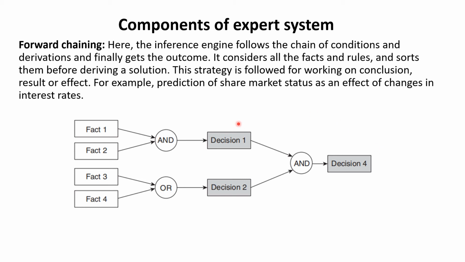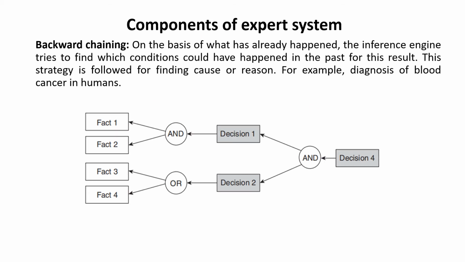When we move from facts and rules and we conclude something, or we take some decision, then that is basically a forward chaining strategy. Like prediction of share market status as an effect of changes in interest rates. जैसे जैसे इंटरेस्ट रेट्स चेंज होंगे तो हम कुछ प्रिडिक्ट कर सकते हैं, हम कुछ डिसीजन ले सकते हैं शेयर मार्केट की स्टेटस का। ओके, सो दिस इज बेसिकली फॉरवर्ड चेनिंग। नेक्स्ट इज द बैकवर्ड चेनिंग।